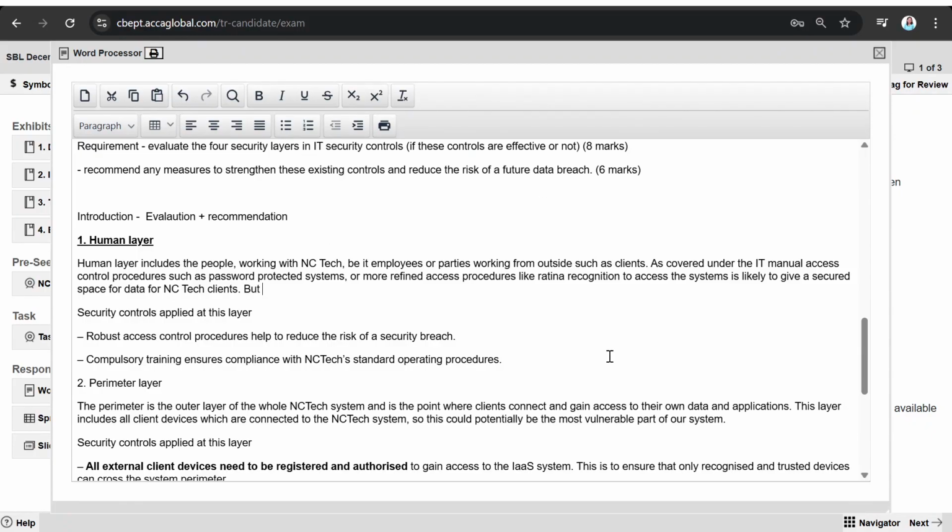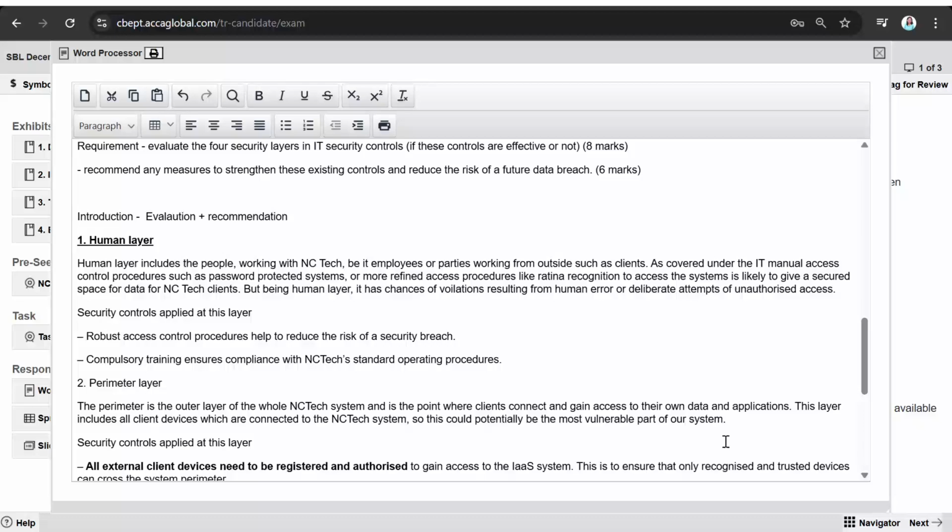Mention this, but being the human layer, it has chances of violations resulting from human error or deliberate attempts of unauthorized access. Okay,